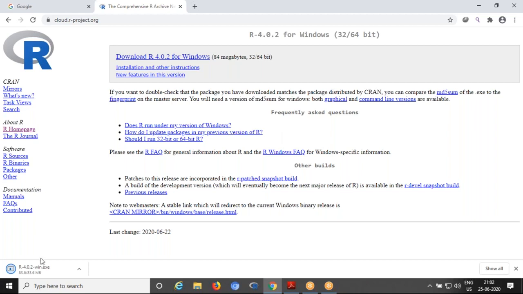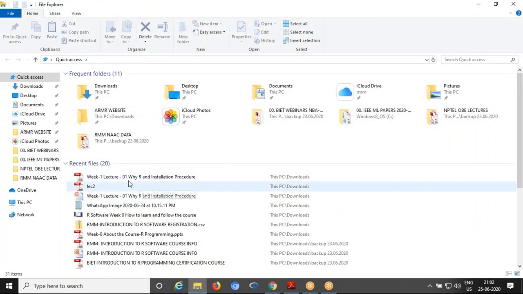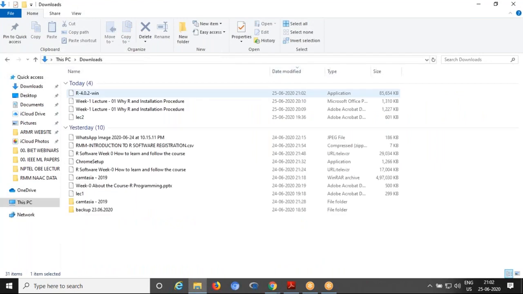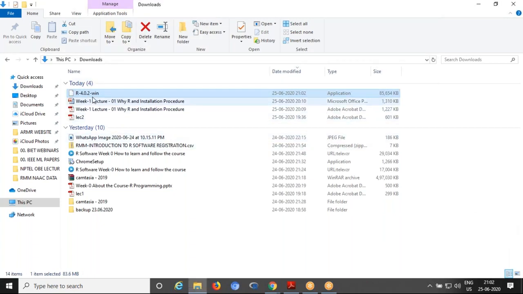Now I will demonstrate that installation also. Once it is completed, now you can click on that file. Where it is downloaded, this one, R 4.0.2 Windows.